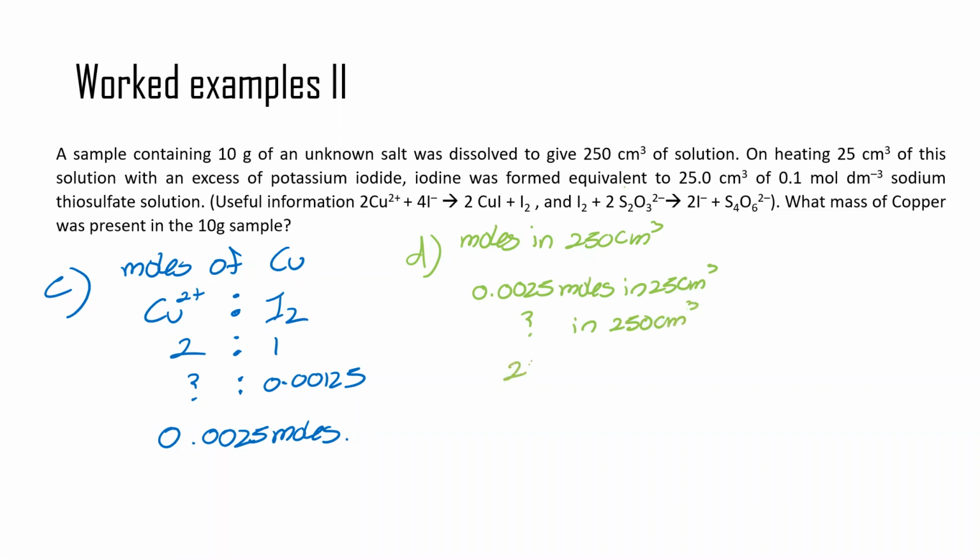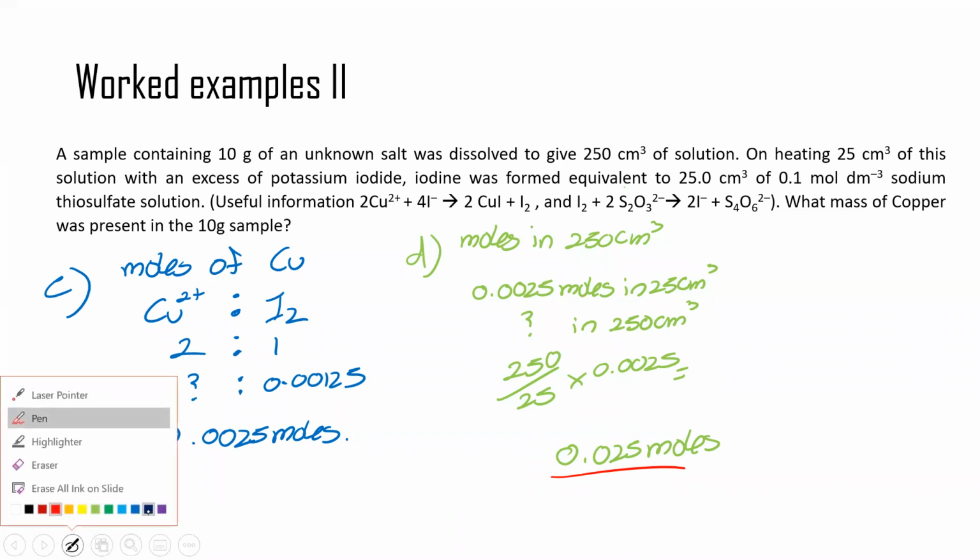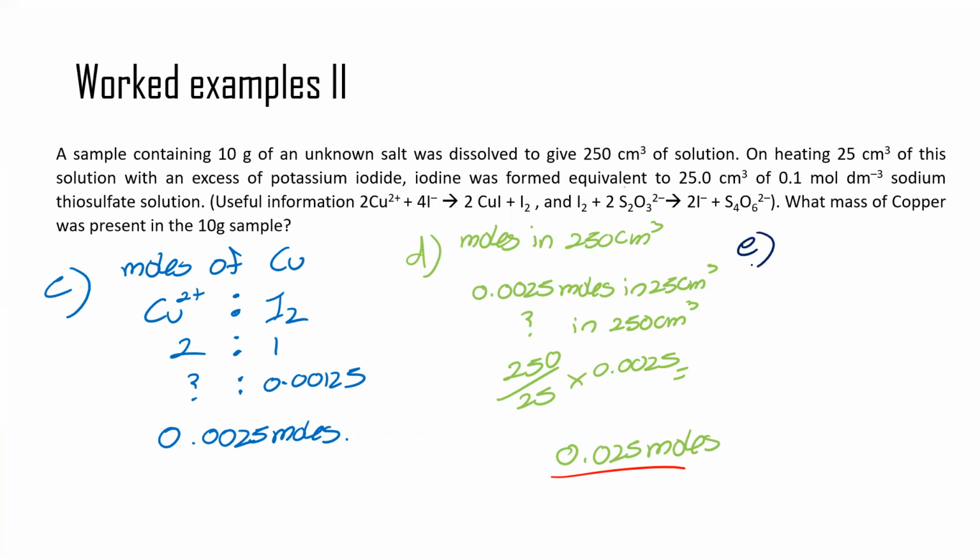And it will be 250 over 25 times 0.0025, which is going to be equal to 0.025 moles. Okay, I written it underneath it because I need space to finish the last bit of this question,